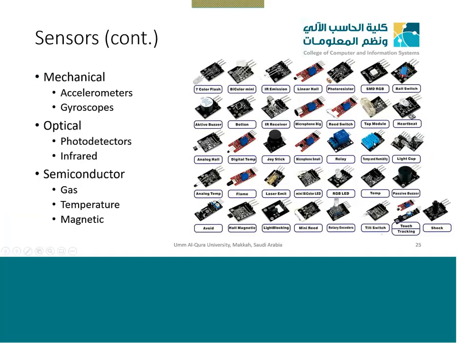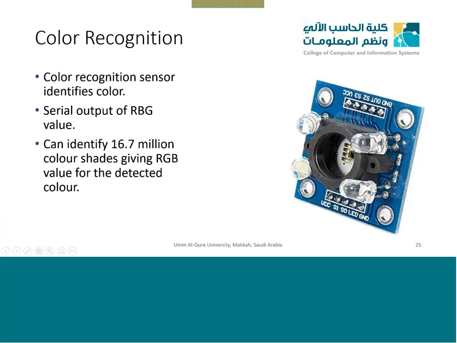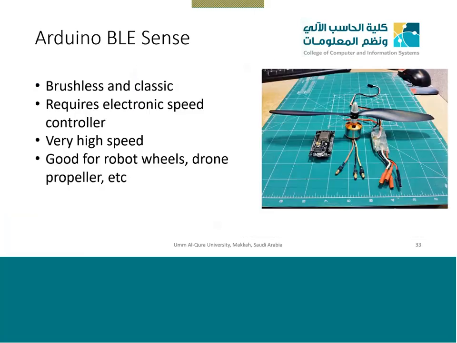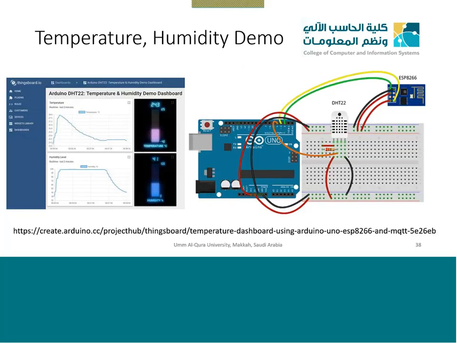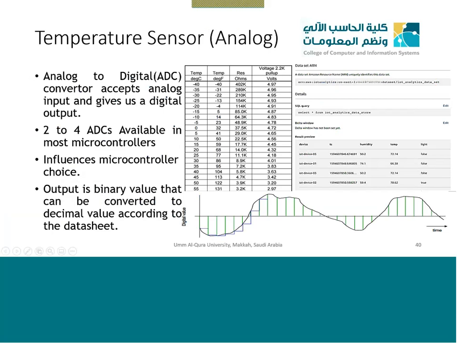It's not a digital sensor. There is a difference between analog and digital sensor. If you have an analog sensor, it will give you a voltage for some value. If you have high temperature, right over here, you can see we have some temperature values from -40 degrees to 55 degrees. For every change of 5 degrees or 4 degrees, you will get some voltage on the output pin of that sensor. That is the only thing we will get. We will not get a digital value. It will not tell us, okay, this is 35 degrees or the temperature is 5 degrees or -5 degrees.